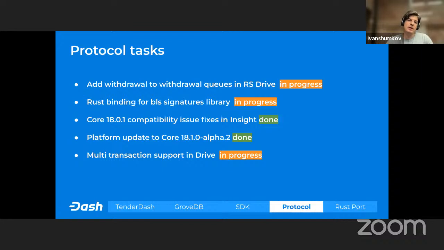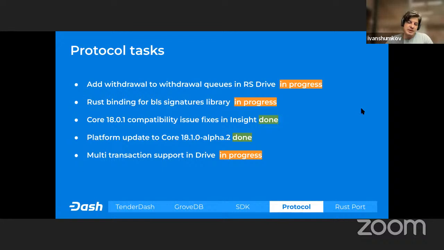So we updated the core with these changes. They included some breaking changes, so we had to update the platform, and now it supports the new alpha version. So we can continue development of the features that were dependent on this new version.